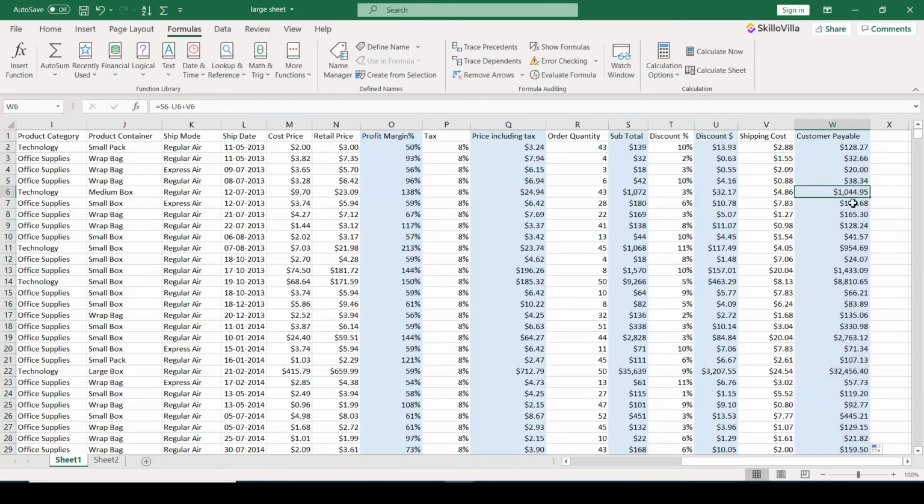We are done here. It just took a couple of minutes to fill this sheet. Now this file is ready to be sent to the manager. Easy, right? I suggest you download this file and do all these calculations again. Also try the Evaluate Formula feature yourself. I will see you in the next video.